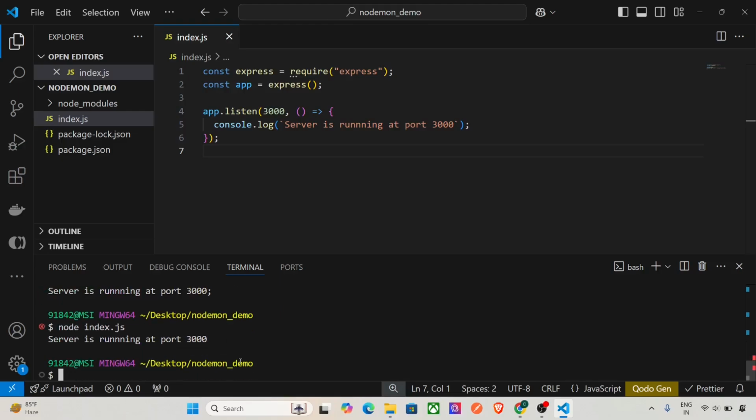First of all, here in the terminal, we have to install Nodemon. So type npm i nodemon. I means install. You can write install also and you can write i also. So press enter